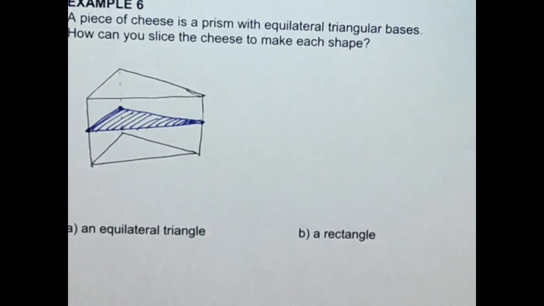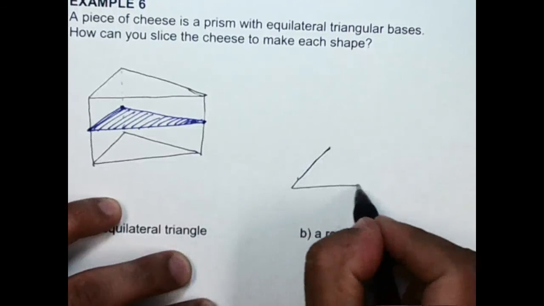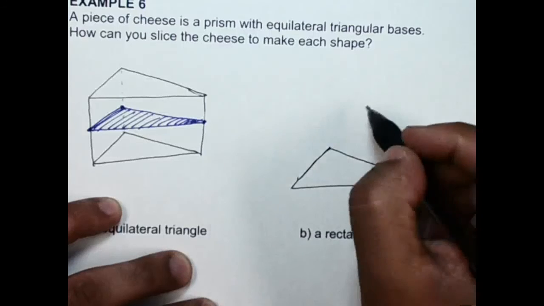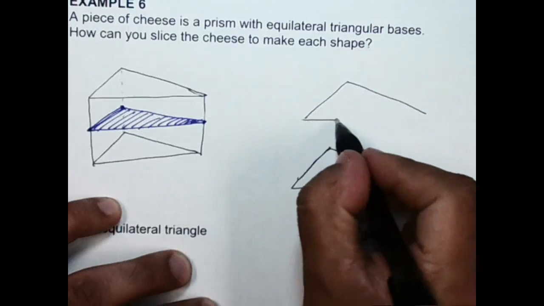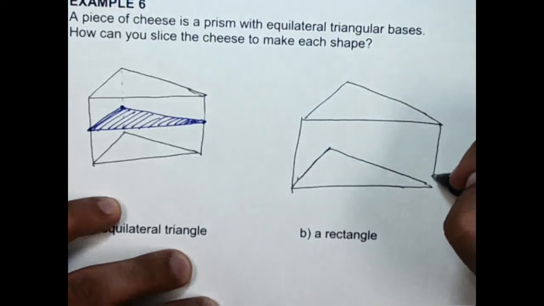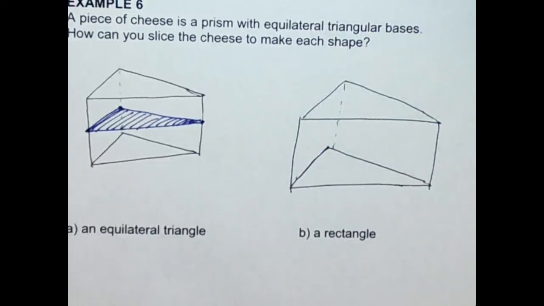But now I want to form a rectangle. So I'm going to redraw this picture. Again, I just want to draw 2 triangles, one above the other. Try to make them about the same size or close to it. And then you connect your vertices. All right, now this is going to be a little different